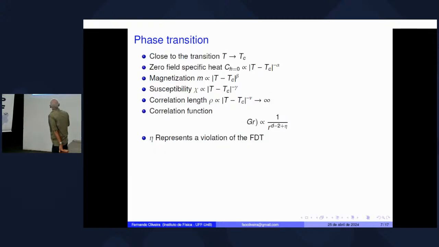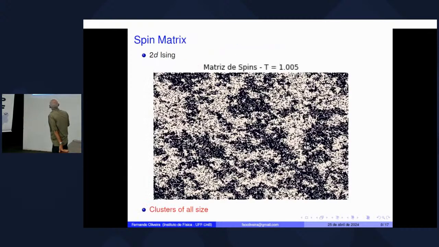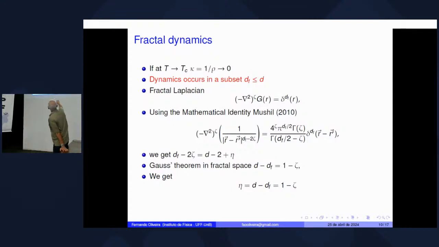So we are going to get things like that: minus the Laplacian, but now to a power, which is a fractional power. And that gives you not a delta function in the integer space, but a delta function in the fractional space. And you say, wow, it should have been done maybe 50 or 60 years ago. But it does happen that what you call the Mandelbrot revolution, the fractal revolution, is an incomplete revolution.